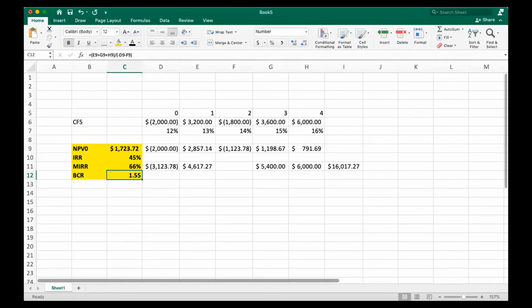Okay, explain how you estimate the NPV. So when I was estimating NPV, first thing that I did, I discounted all cash flows to the beginning period using rates. So for the first year, I used only 12%. For the second year, I used 13 and 12. Then 14, 15, and 12. And to the final year, I used all rates except 16%. Then I just summed everything.